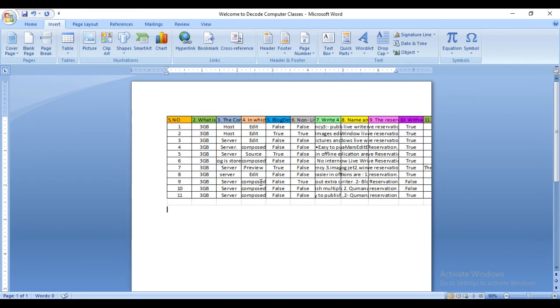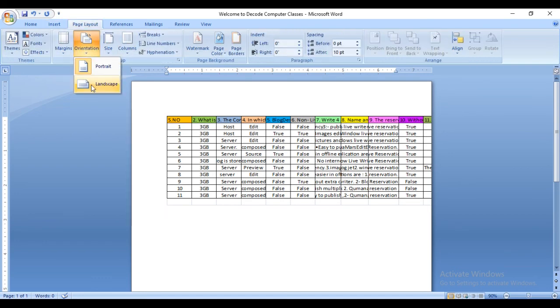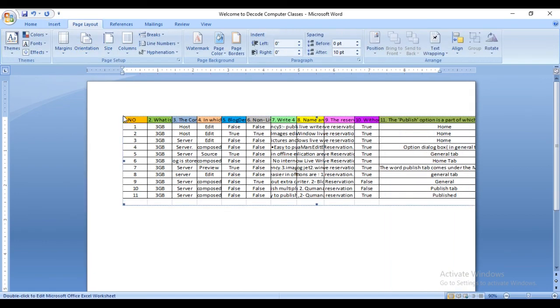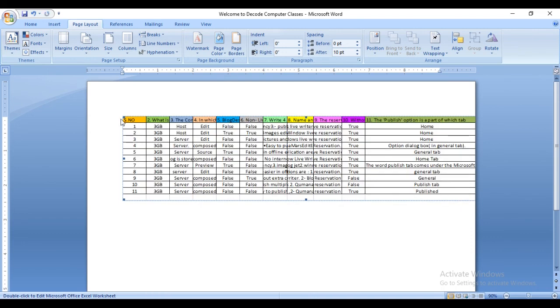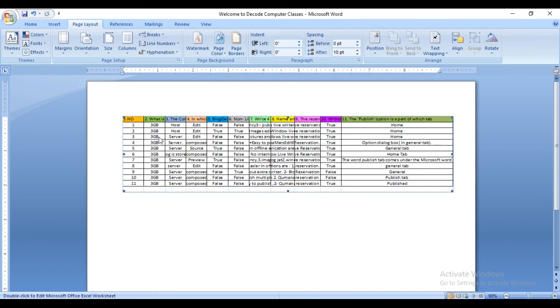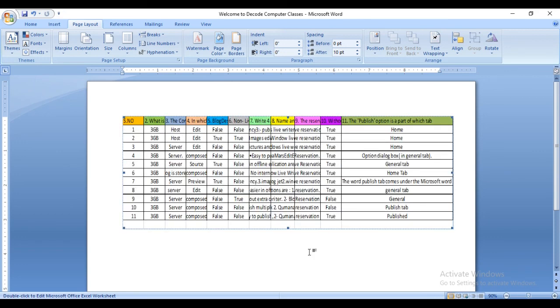Now the file is available here in MS Word. The same formatting that it has in MS Excel will be applied here. As you can see, the same formatting is here, nothing is changed. And you can obviously adjust it like this, so it will fit in the document. You can have this feature. So this is the way you can insert a file in a Word document.